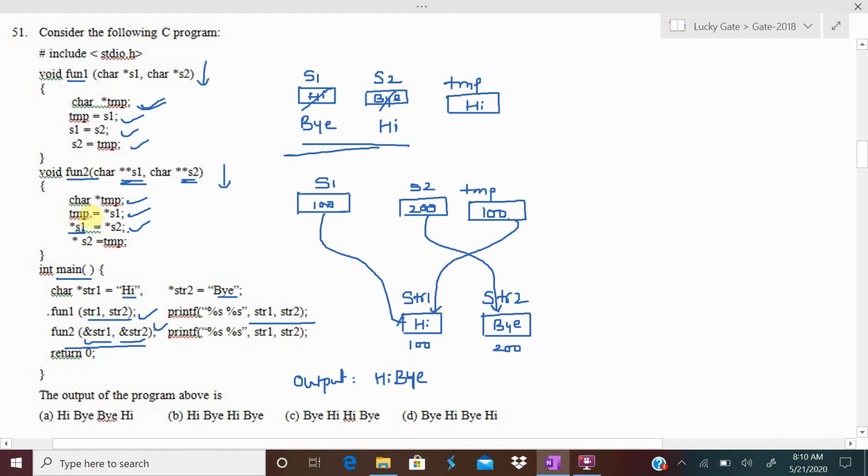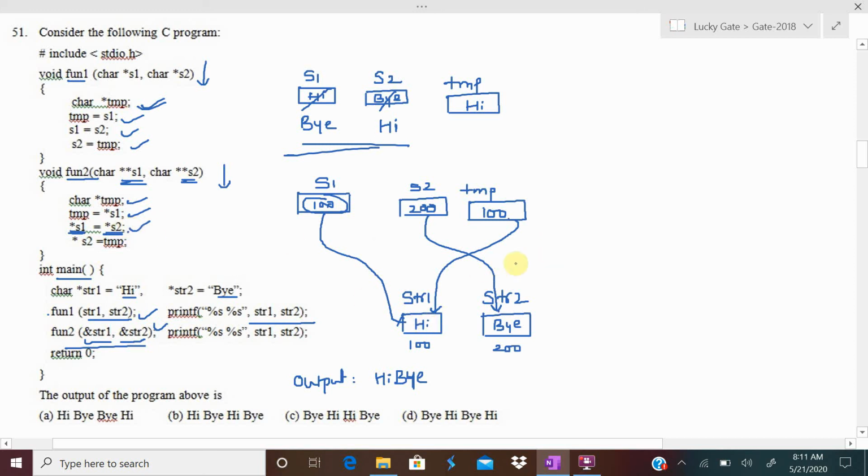Next, what does it say? Pointer s1 equal to pointer s2. What is the meaning of pointer s1? The value at s1 is changed to the value at s2. What is the value at s1? What is s1? 100. The value at 100 is high, and that value at 100 is changing to the value at s2.